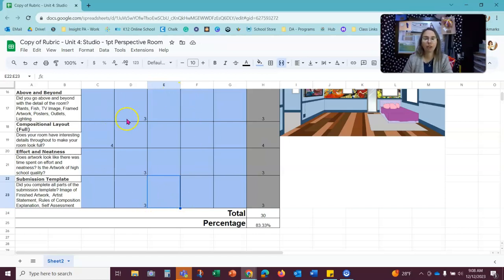All right, after I have that blue area completed, you can see that my total has been calculated here, divided by the total possible points, and I have decided that this project is worth an 83%. 83% is a B, and so I am happy with that, and so I'm going to now submit this project